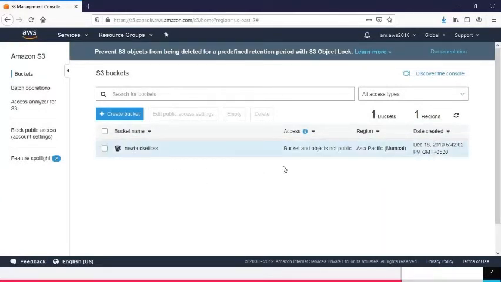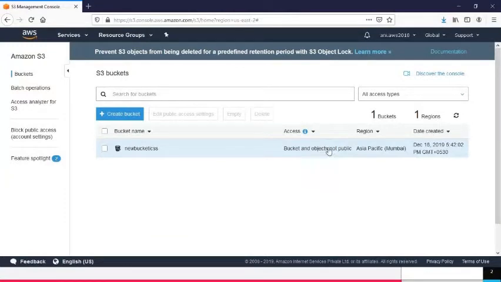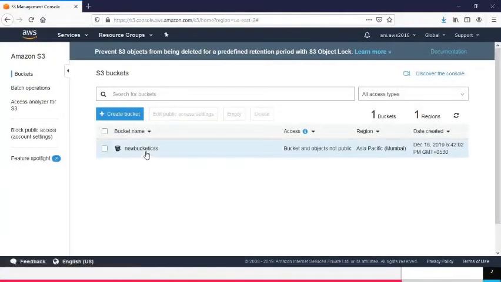Now here is accessibility. Accessibility means whether your bucket can be accessed from the public internet. Three types of bucket policy are available here: public, objects can be public, and bucket and object not public. Bucket and object not public means that if you put any amount of data in the bucket, you cannot access it from any other network. That's why